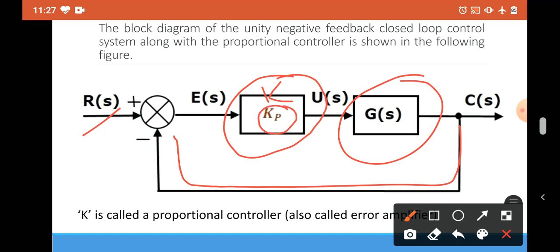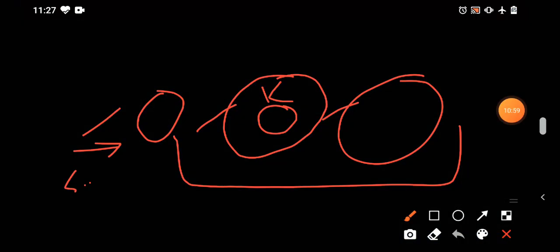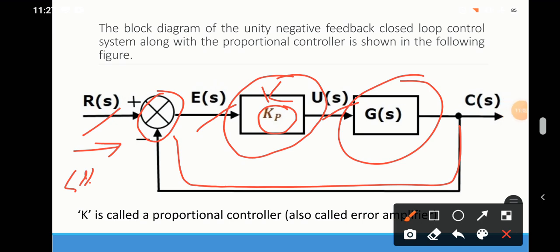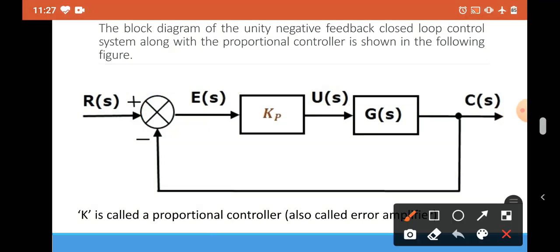As per the previous equation, Kp equals U(s) divided by E(s). This is your error detector. The input signal or set point will be given here, then it will be compared with this feedback, and based on this, an error signal will be generated. This error signal will go into the